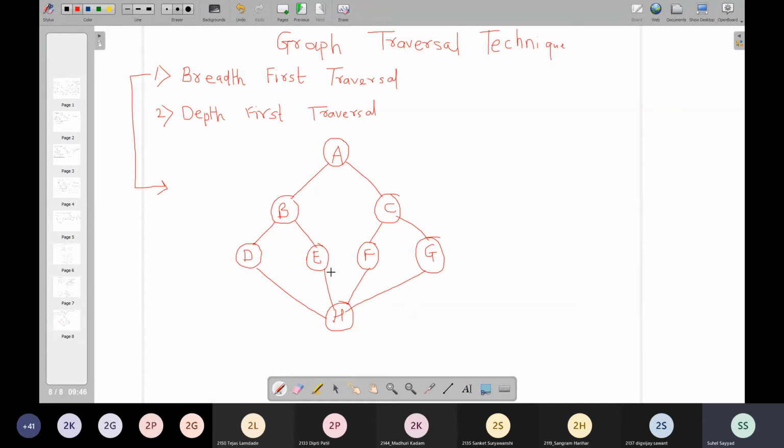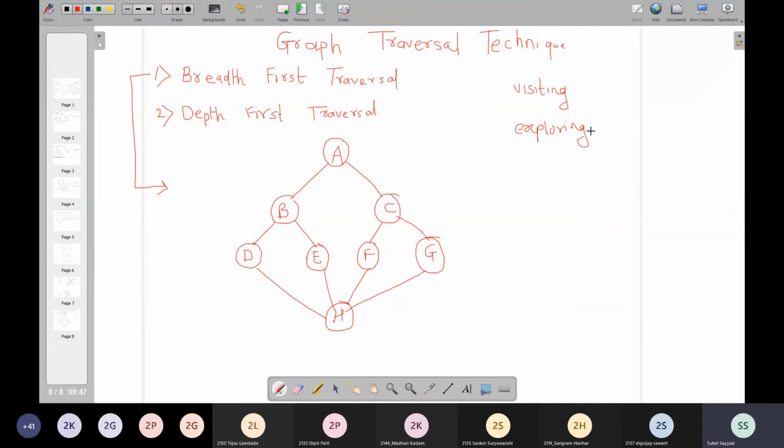Now coming back to traversal techniques, we are going to see breadth first traversal first. In breadth first traversal, for every node we are trying to maintain two types of information. What are those? First is visiting a particular node, and second is exploring a particular node or vertex. What are the two things that we wish to do?